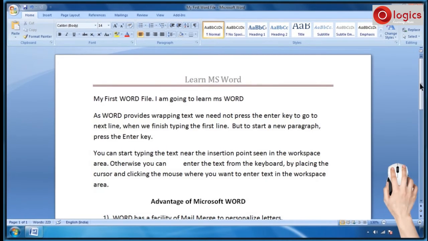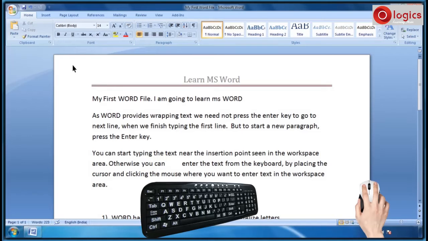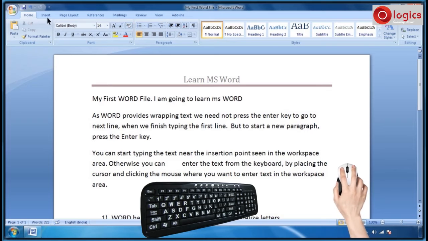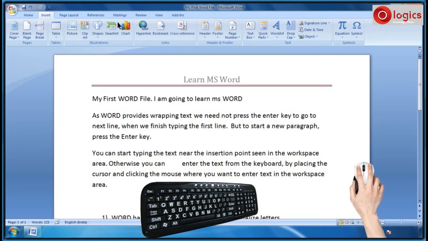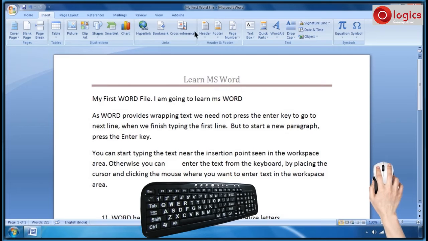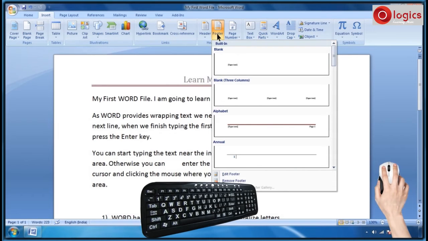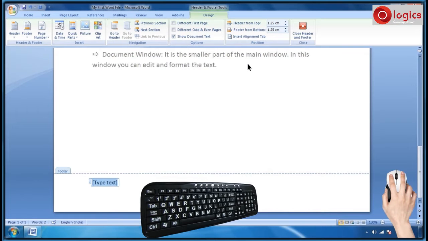Here I am going to add a footer to my document. Go to Insert tab and click on Footer command. So you have various footer types. Choose one of them. Click on this to choose this footer.